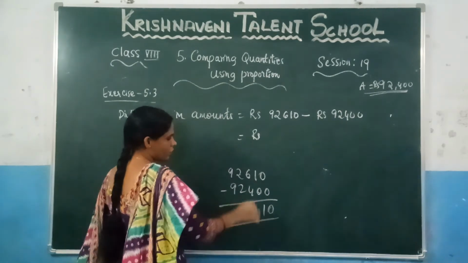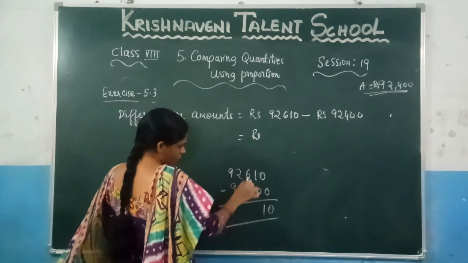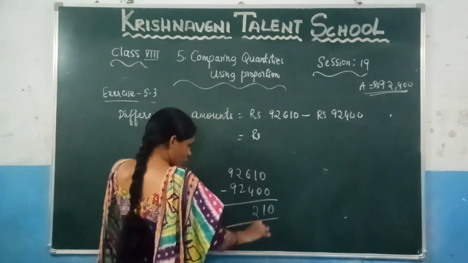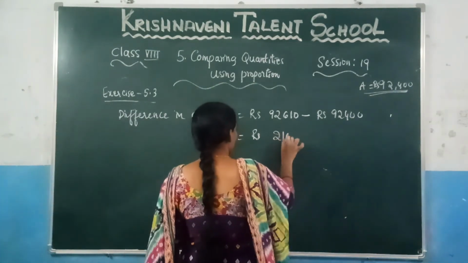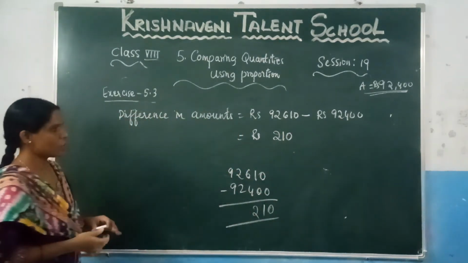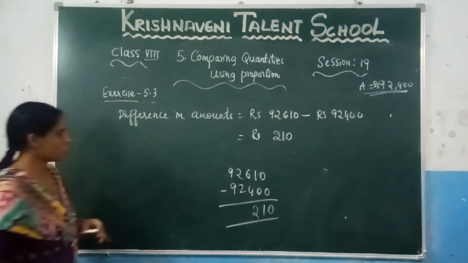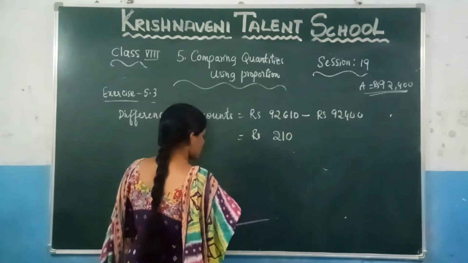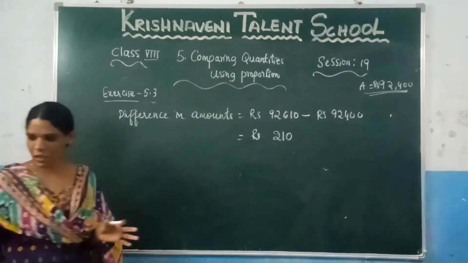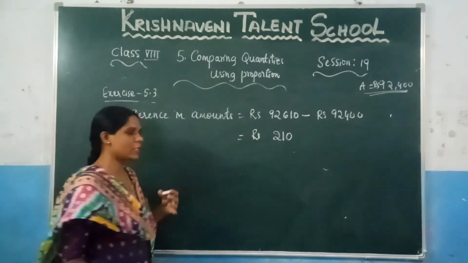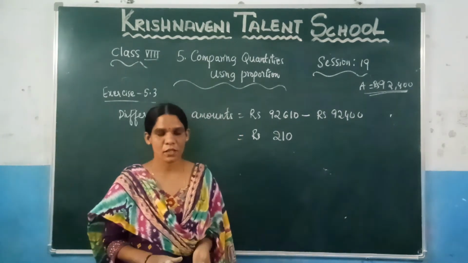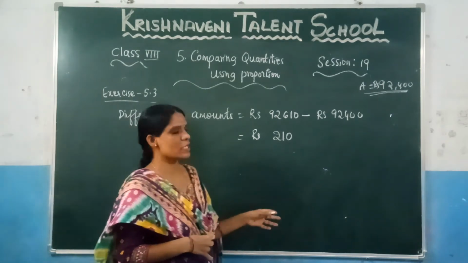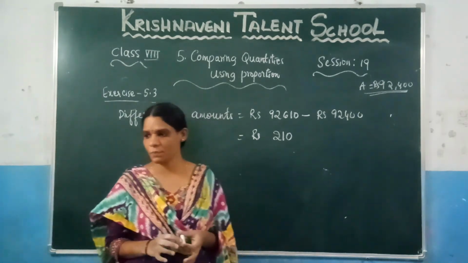0, here you will get 1, 6 minus 4 which is 2, here 0 and here 0. So what should be the difference in amount, which is 210 rupees. So this is the problem. Now again, what is the question they have given here? Here you can observe, we are just substituting in the formulas, but the simplification you may feel somewhat harder. So you need to practice the simplification, otherwise these problems are very simple.